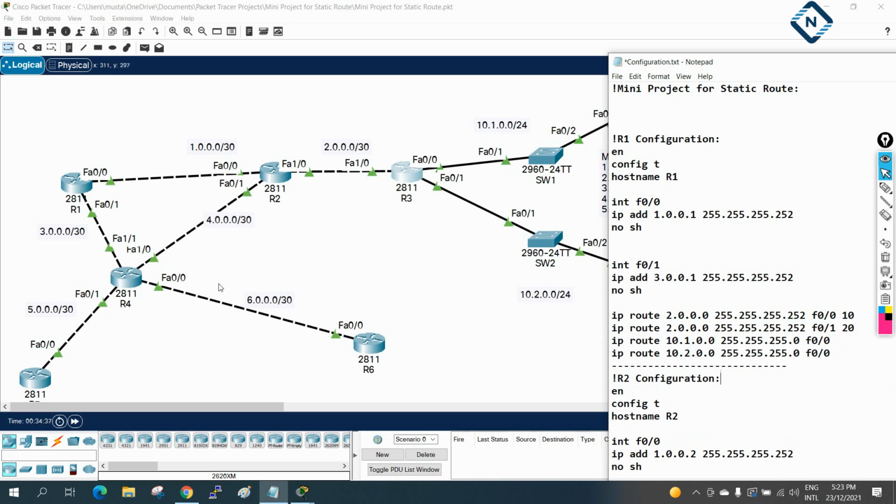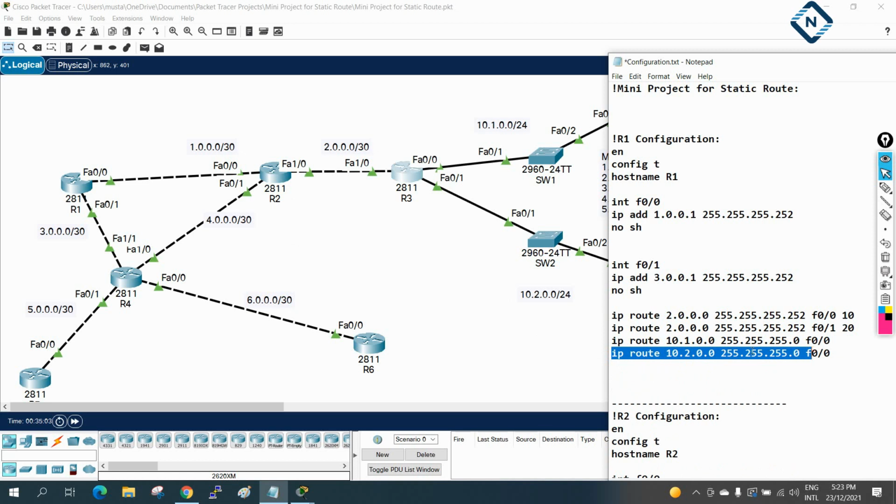And then we have the 4 and 5 networks also. Where is the 4? Here also, if I want to go here, or if anyone wants to go here from router 5, we can define that also. So let me write here. I will define, if anyone wants to go to the 4.0 network, I will say forward that 4.0 traffic to this router. So I will ask it to leave from this interface. This way we can say it.